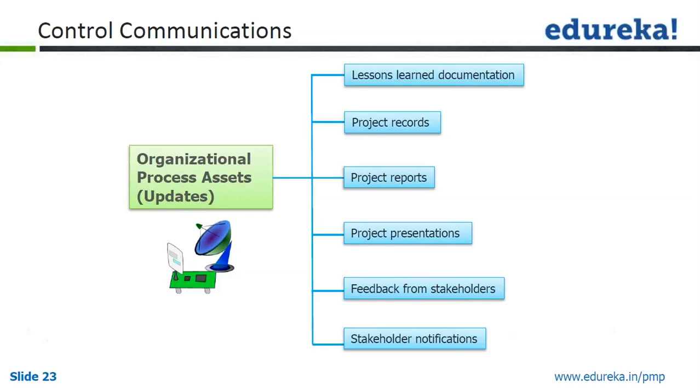Okay, so as a part of organizational process asset updates, what gets updated: lessons learned document, project records, project reports, project presentations, feedback from stakeholders, stakeholder notification gets